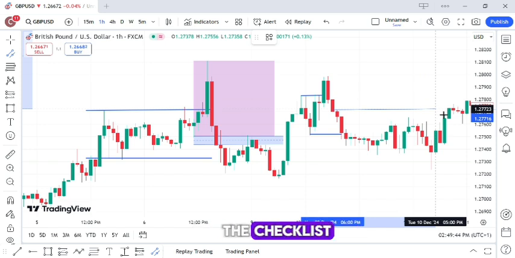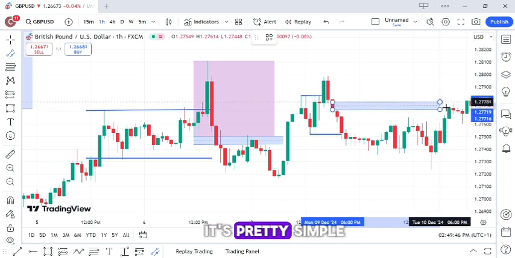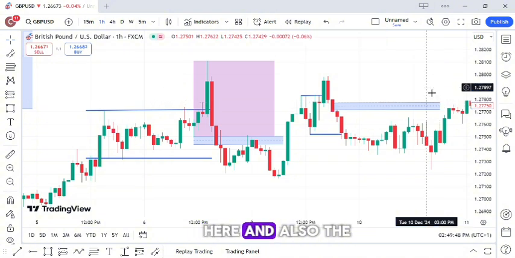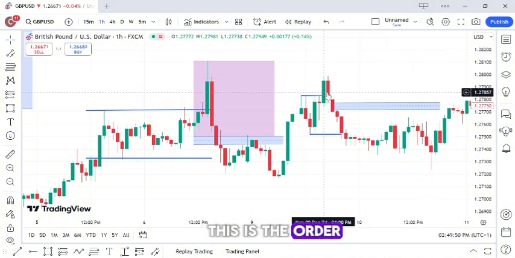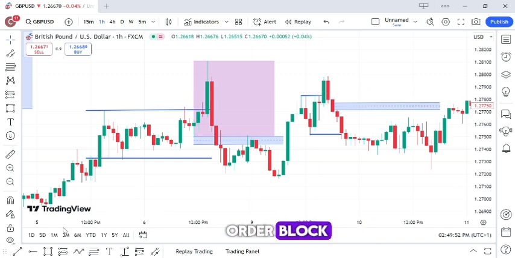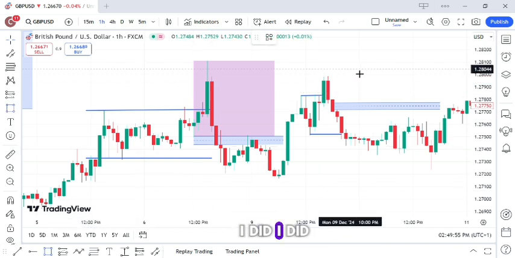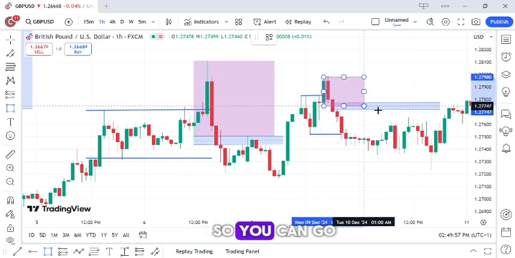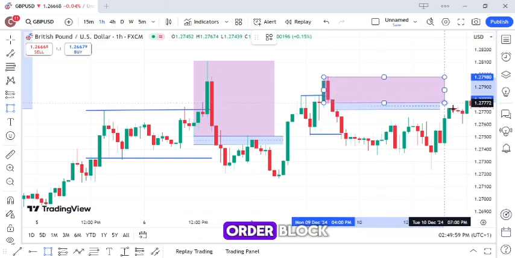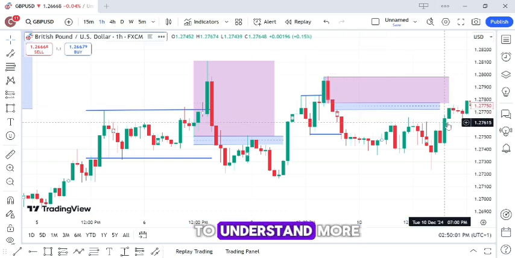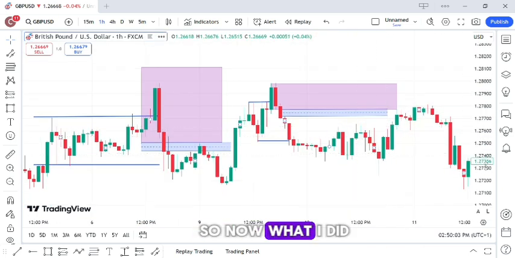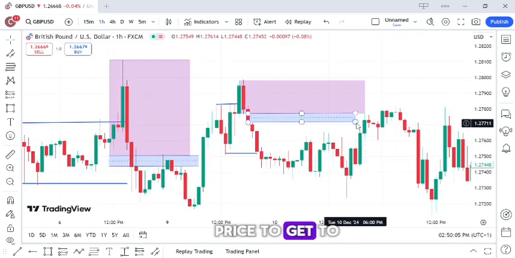So I'm working with the checklist. It's pretty simple. A fair value gap here, and also the OB, the order block. This is the order block. These are bullish order blocks. I did a video on order block, so you can go watch the video on order block and fair value gap to understand more. So now what I did, I was just waiting for price to get to this point,